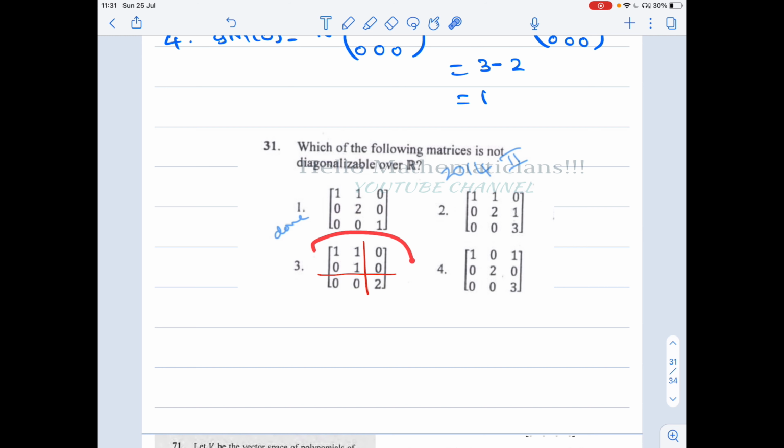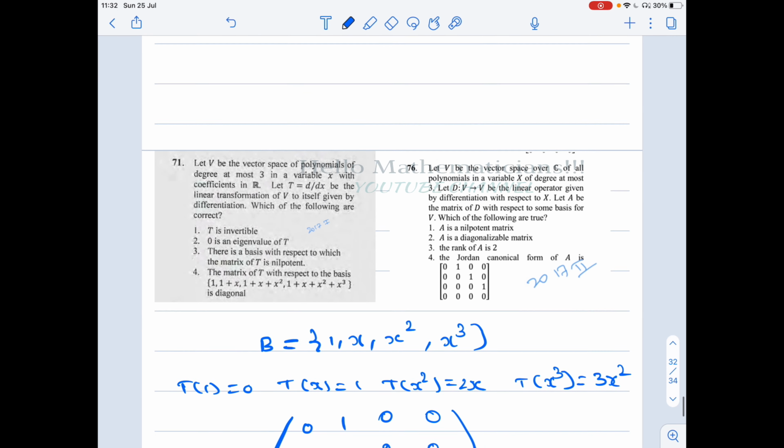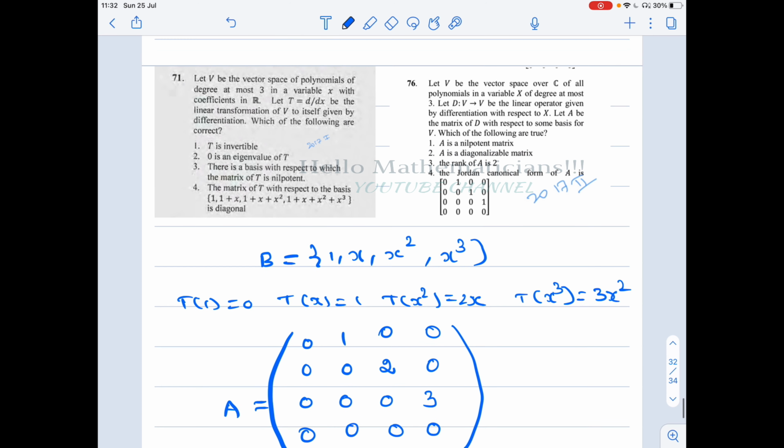But if you look at this matrix, it is clearly in the Jordan canonical form. There is a 2 block and 1 block. If you look at the eigenvalue 1, its algebraic multiplicity is 2. But there is only one block corresponding to the eigenvalue 1. Therefore, its geometric multiplicity is 1. Algebraic multiplicity and geometric multiplicity are not matching. Therefore, this matrix is not diagonalizable. So, by looking at the matrix, you know which matrices are diagonalizable if you know a little bit about Jordan canonical form.